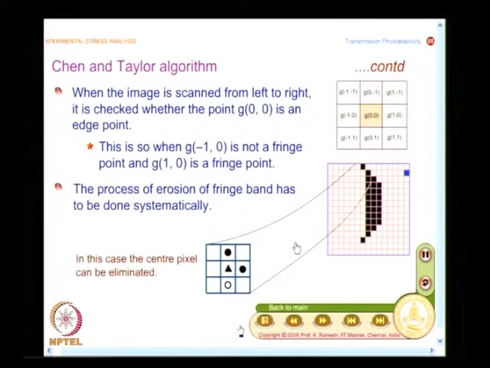and it depends, and we have already seen when you look at a fringe, the thickness of the fringe varies dictated by the gradient. In low stressed areas, fringes will be very broad, in high stressed zones, fringes will be very sharp. So, depending on the fringe width, the process will take time. I have shown this as a thick fringe here and this is a thin for illustration, and essentially this is a process of iteration.